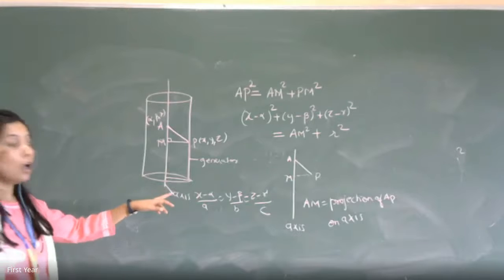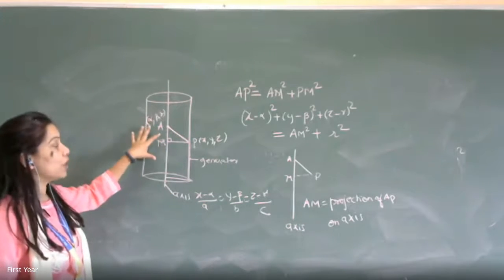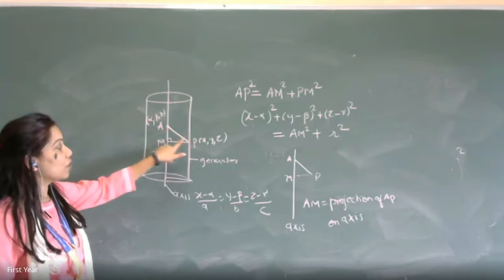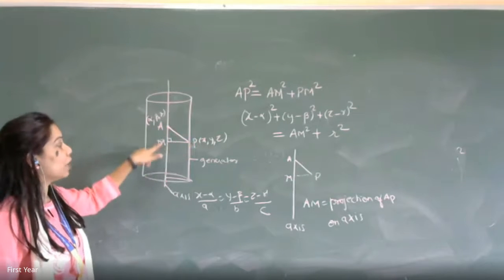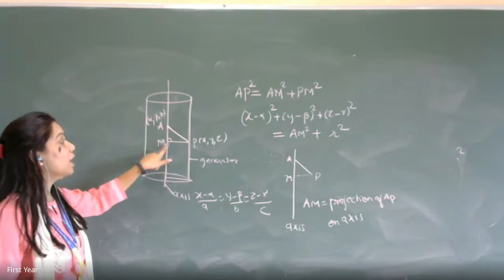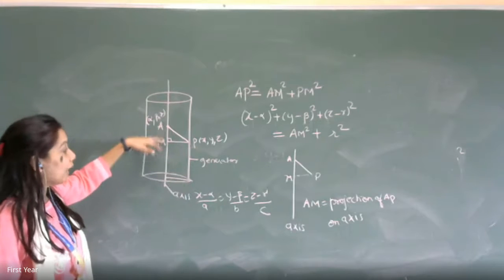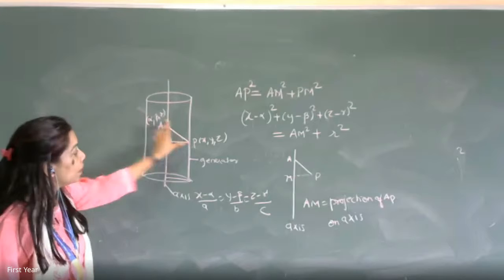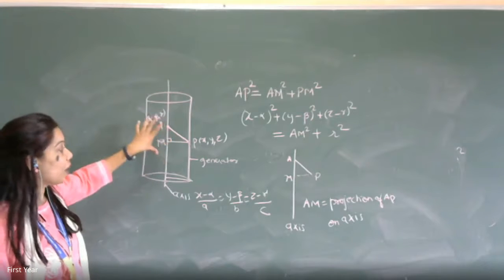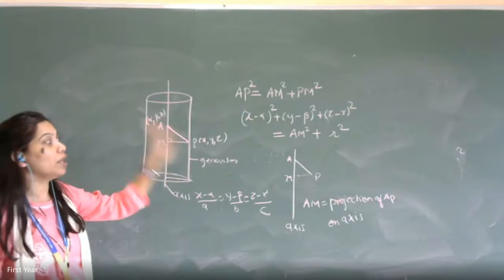Yes, yes. So first of all, is it clear to everyone why we require projection? Because when I want to find the equation of the right circular cylinder, I am going to use Pythagoras theorem, which gives me AP square is equal to AN square plus PN square. AP square can be found with the help of the distance formula. PN is the radius of the cylinder, which will be given to you, or you can find it. But AN is nothing but the projection of AP on the line axis. So if I know how to find projection, I will get the value of AN square, and substituting in the equation, that will be the equation of the cylinder.